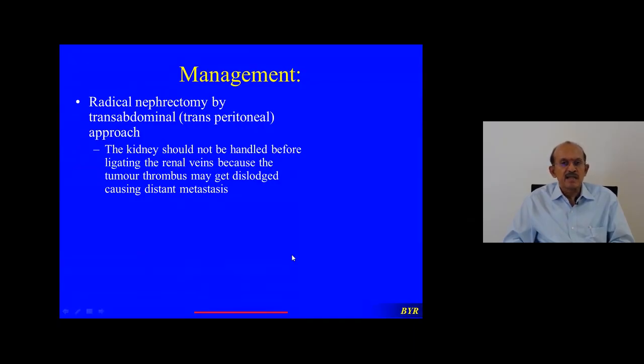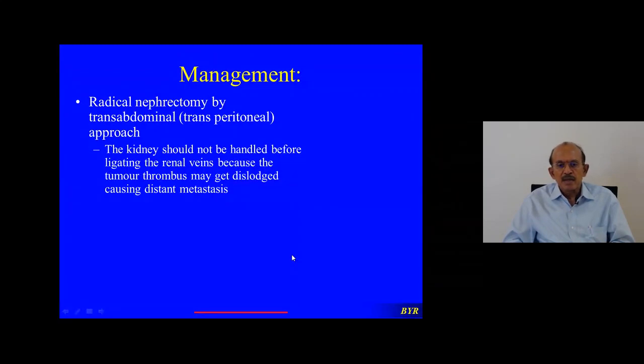Sometimes primary is silent, is not visible, not evident, but secondaries are present. Then what do you call that type of metastasis? Yes, good. It is not synchronous, it is precocious. Synchronous means both appearing at the same time. If metastasis appear before the primary, then it is called the precocious metastasis. Very good.